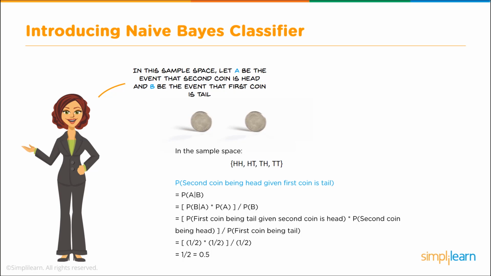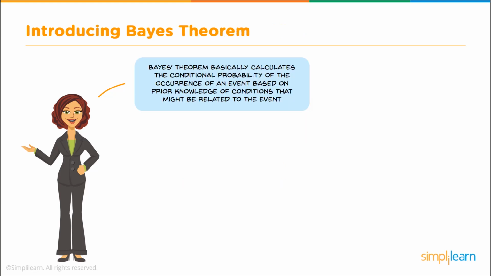When we plug that in, we plug in the probability of the first coin being tails given the second coin is heads, times the probability of the second coin being heads, over the probability of the first coin being tails. You can see it's a simple formula to calculate. We have 1/2 times 1/2 over 1/2, or 1/2, which equals 0.5, or 1/4. So the Bayes theorem basically calculates the conditional probability of the occurrence of an event based on prior